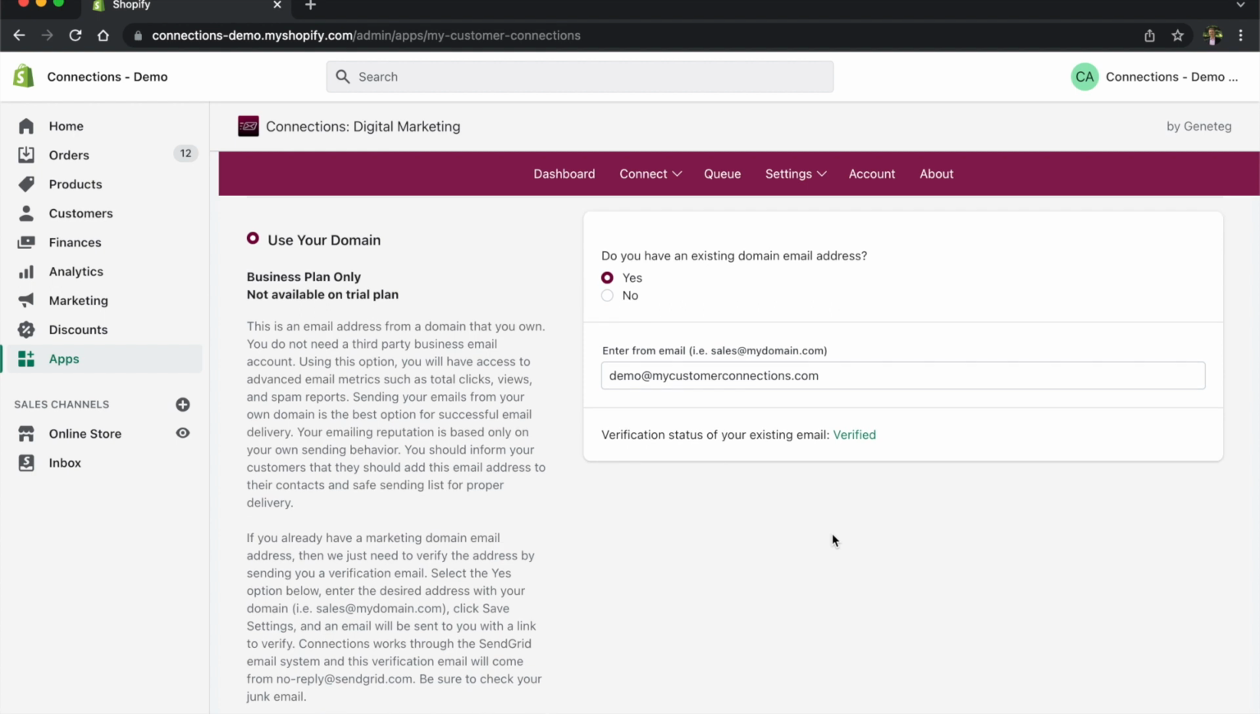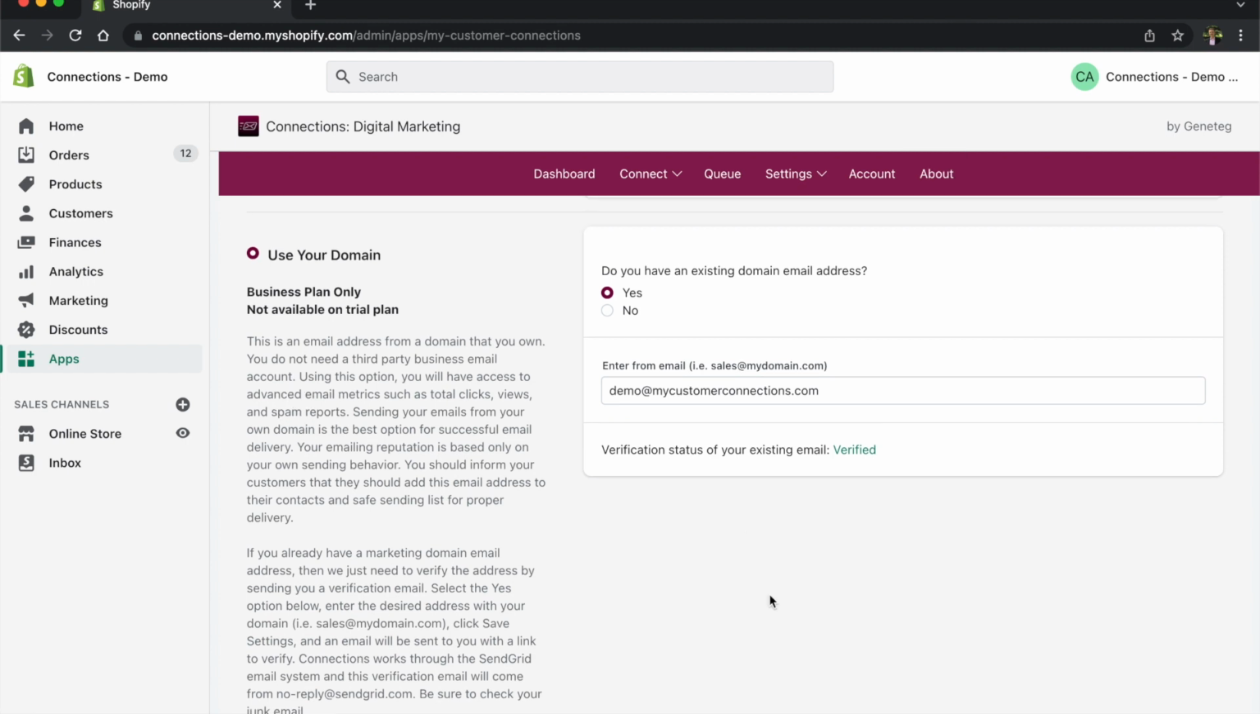Now, there's also a second setup option if you plan on using your own domain. So let's say you own your own domain, but it's not connected to an email sending platform like Microsoft 365, and you don't want to connect to that platform. Connections has the ability to send emails from any email addresses through your domain. This could be something like